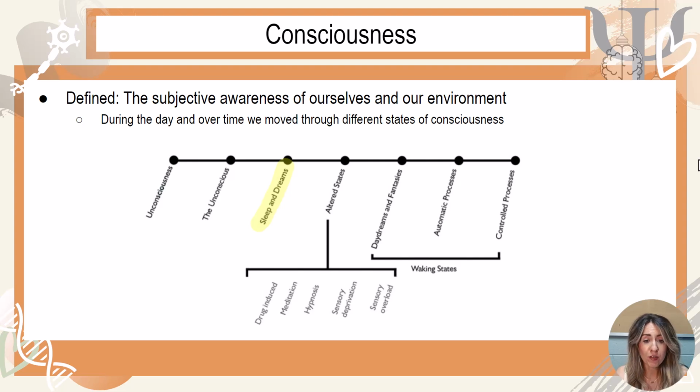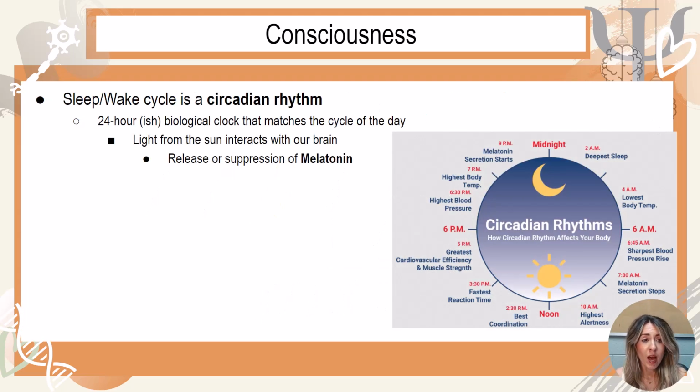This diagram here is really awesome in that it shows all the different levels of consciousness, from highly controlled processes, so something like studying for a math or an AP Psych test, to the unconscious, like our psychoanalytic unconscious, or unconsciousness as in completely unconscious, like knocked unconscious, completely unaware. It includes altered states, and then of course where we're going to spend most of our time talking about sleep and dreams.